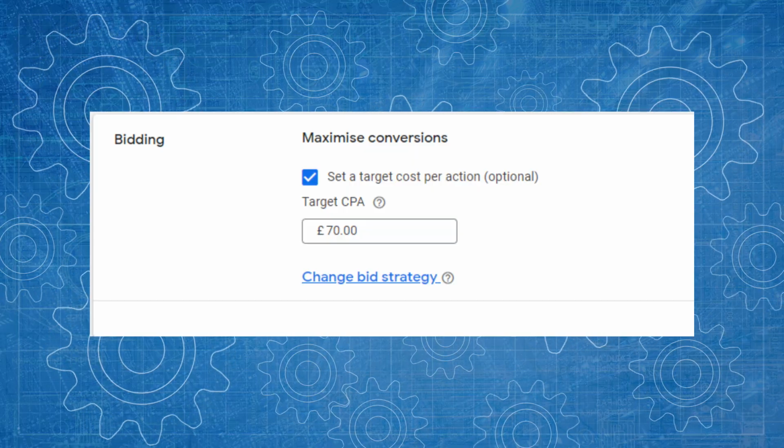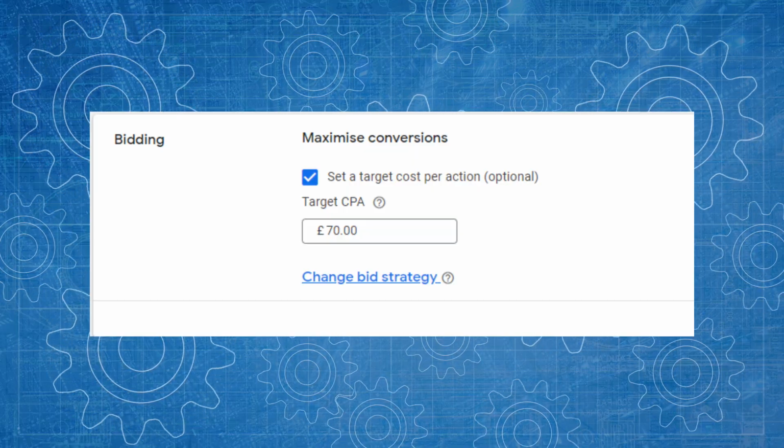Well, if all things being equal means you don't touch your bid strategy and you continue on with a target CPA or some kind of limiting factor that will hold back Google from going absolutely crazy and spending all your money and making your campaign inefficient, then it's a good thing to do to increase your budget. Because in theory, if you've set your target CPA in line with your business goals and you're using a smart bidding strategy, increasing your budget will only go as far as your CPA target will let you. Your CPA target acts as a guardrail to stop Google from going crazy.